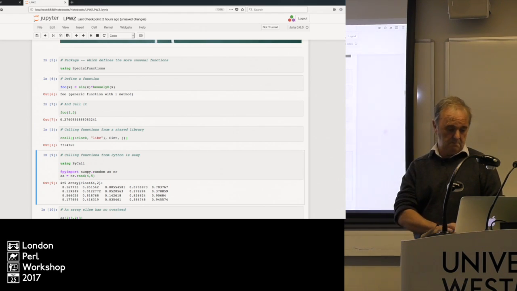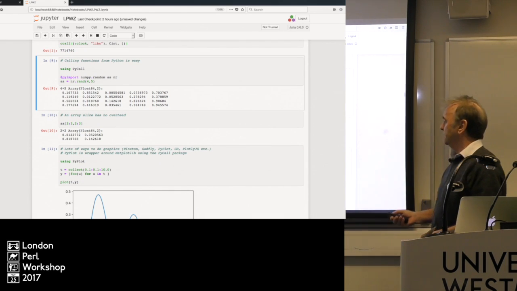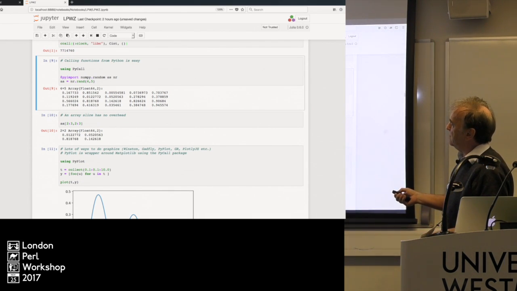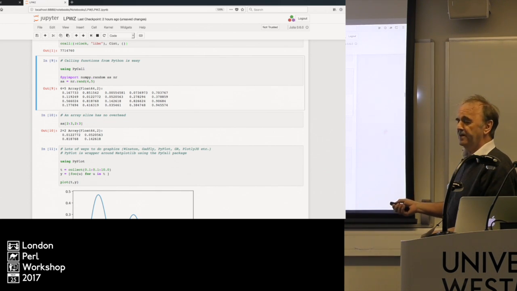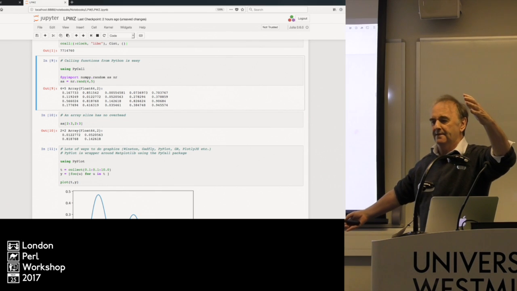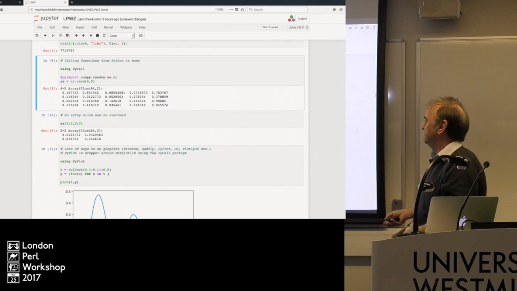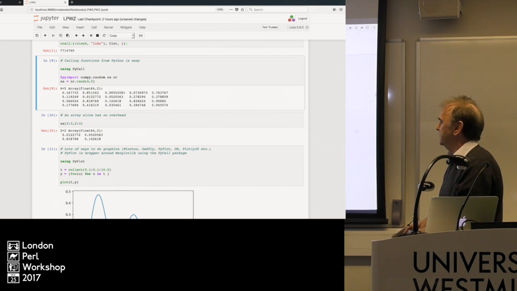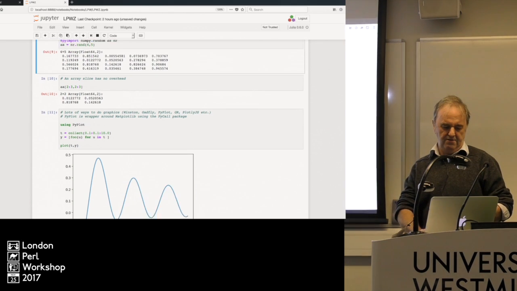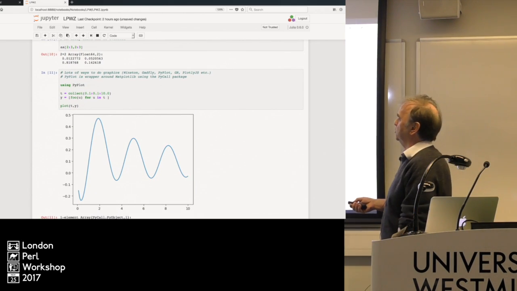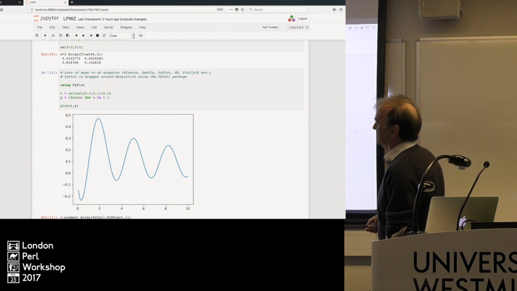It's also very good at calling Python. It imports numpy random, generates a random number in Python, returns the array to Julia, and actually the slice has got no overhead. So regardless of how big the array is, you can take a slice of that without any immediate overhead. You can also use Python as a wrapper to do things like plotting graphs, and there's